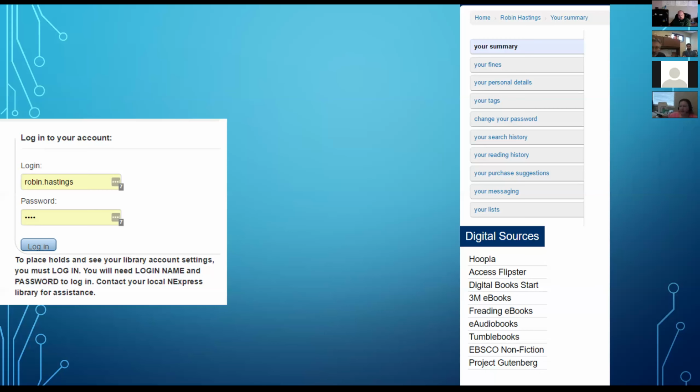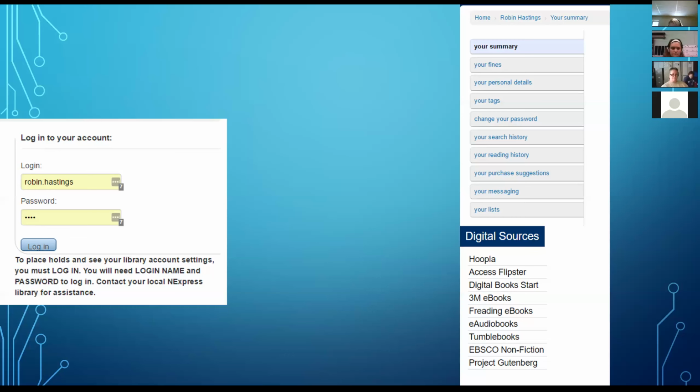If you click on that, that takes you to the 22 or 23 magazines that we now have available through Flipster for the Nexpress Consortium. So if people have questions about how to get to Flipster, they've downloaded the app and they can't figure it out, they need to log into their catalog, which is perfectly usable. We do have it mobile friendly.